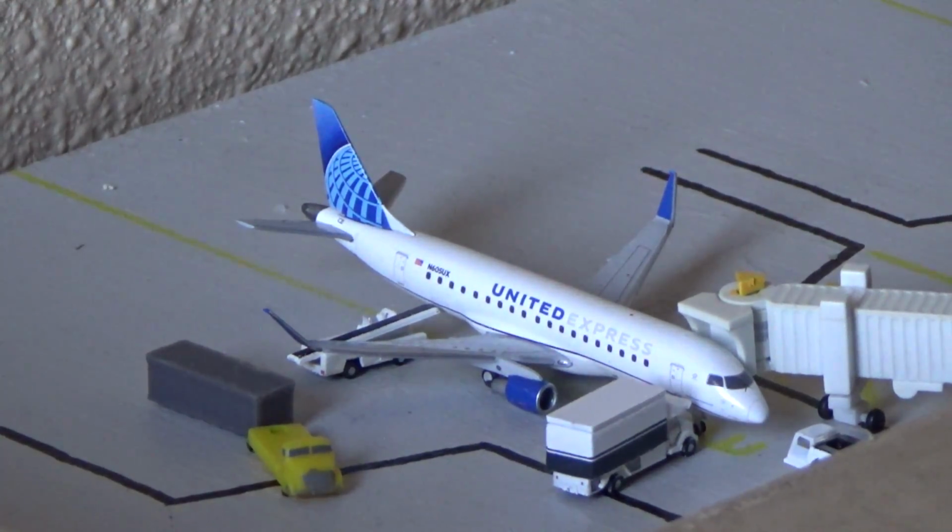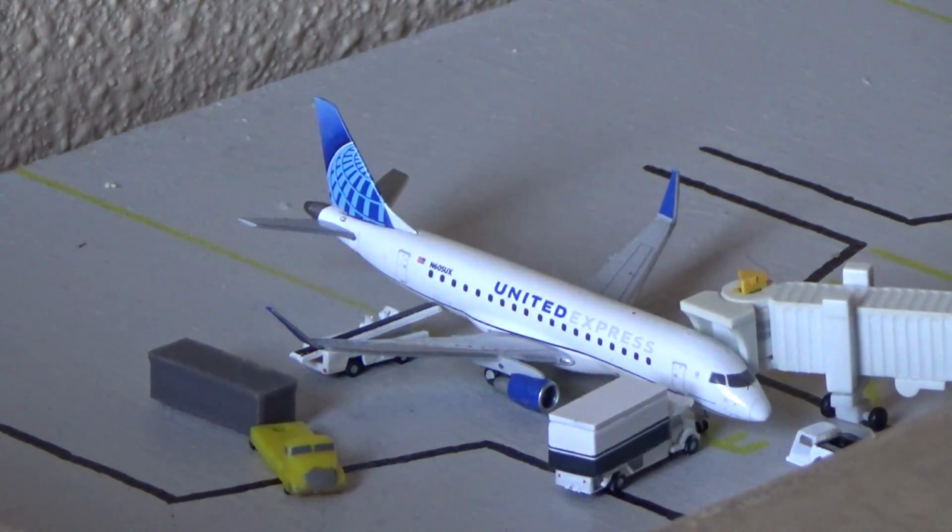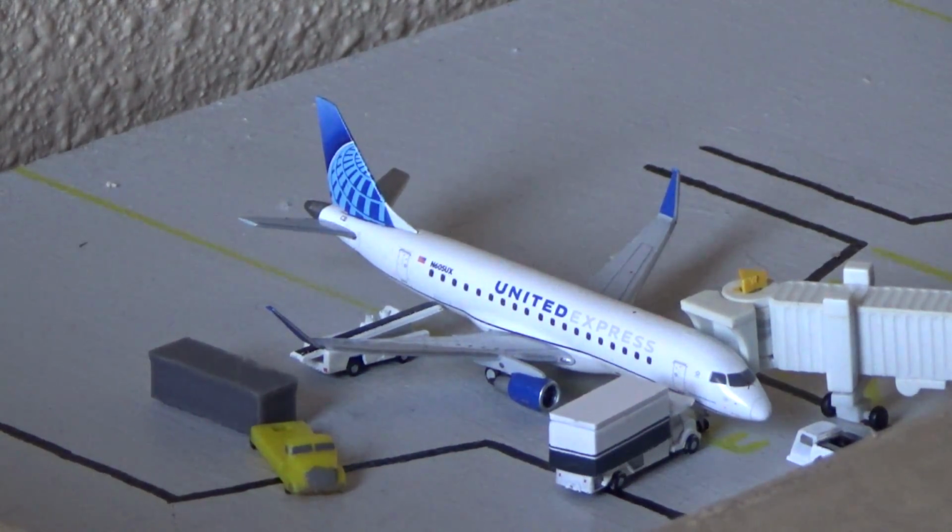And right here we still have a relatively new model, a duplicate of the United Express Embraer ERJ-175. It's very nice to finally have another one, just like I ordered, but I decided to get another one just because there's so many of these new liveries flying around now, it definitely makes sense. But this one's gonna be doing the San Francisco International turn. One route I'm kind of surprised United has held on to very well, but still very, very good indeed, no